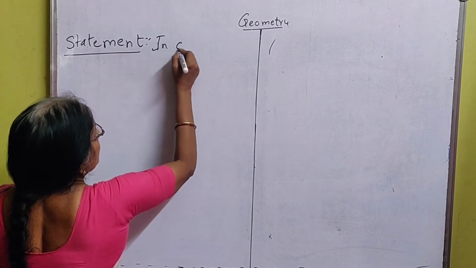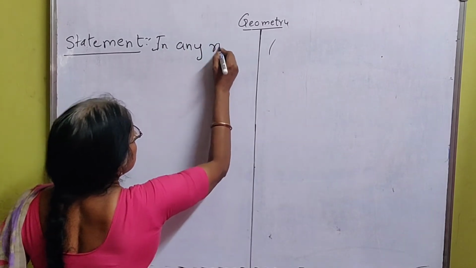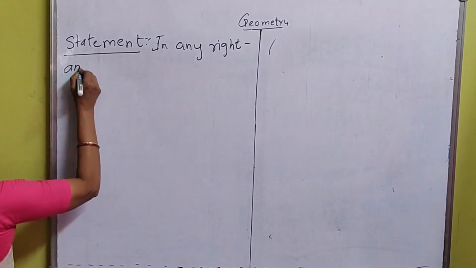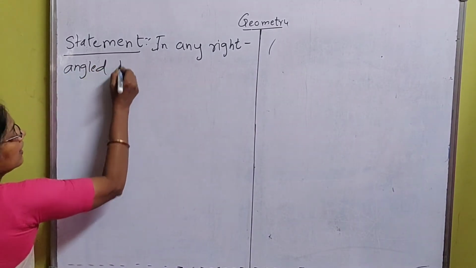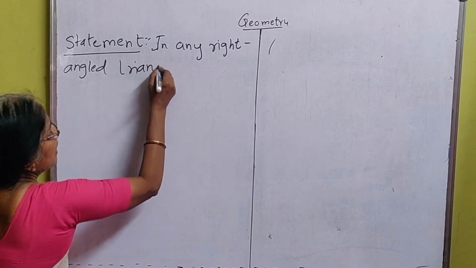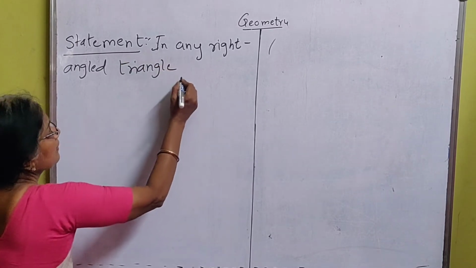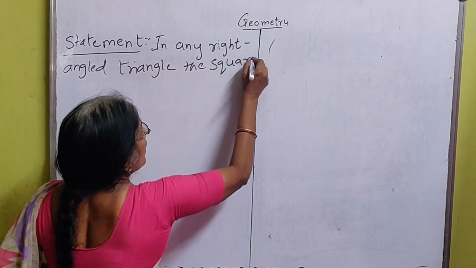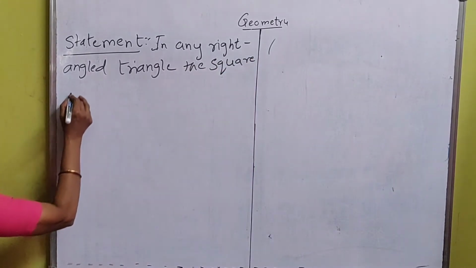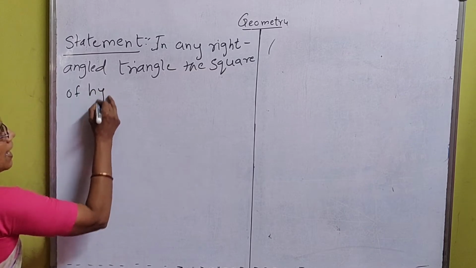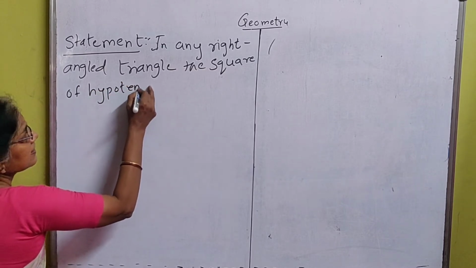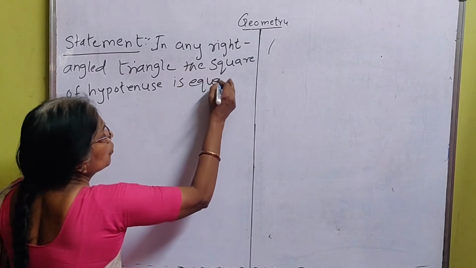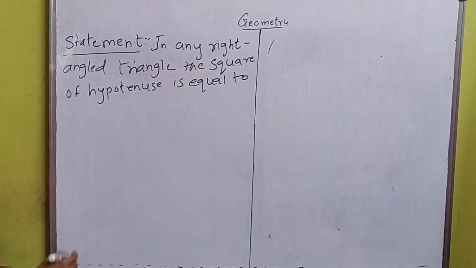In any right angle triangle, the square of the hypotenuse is equal to